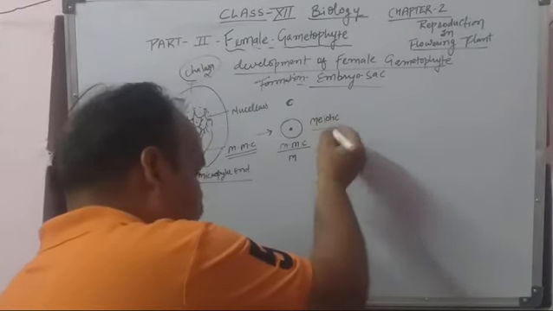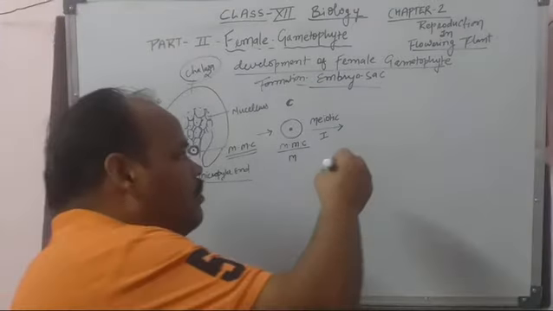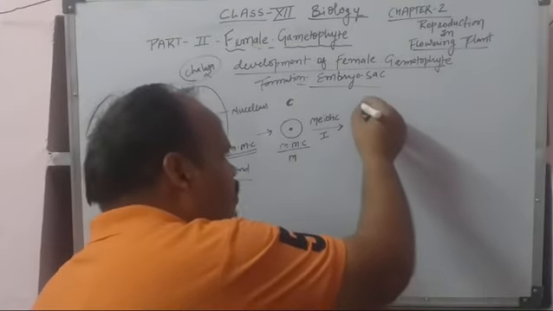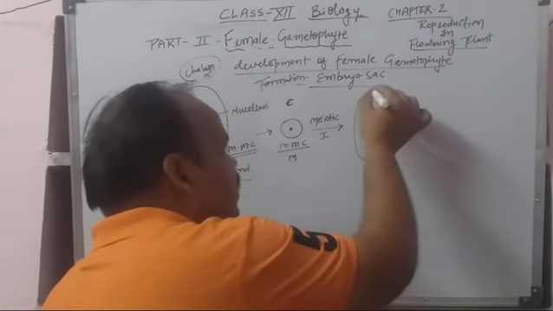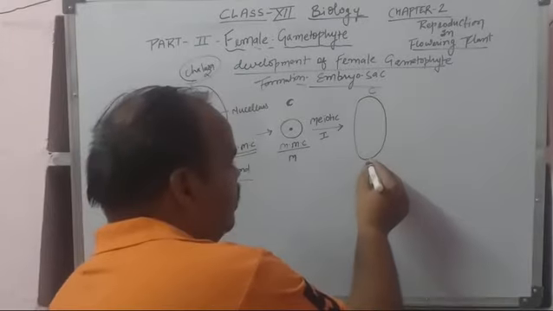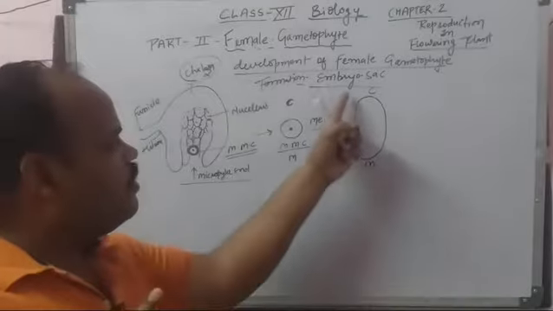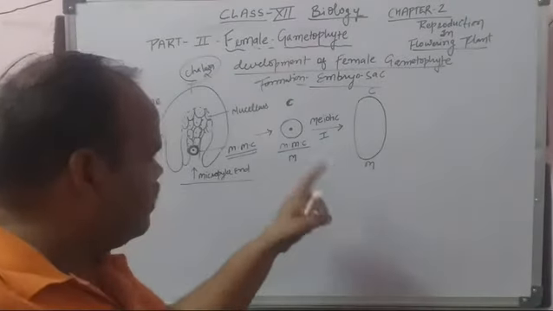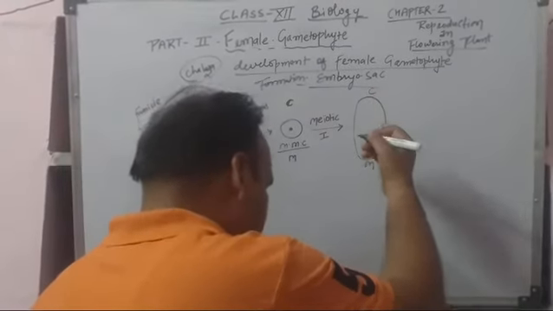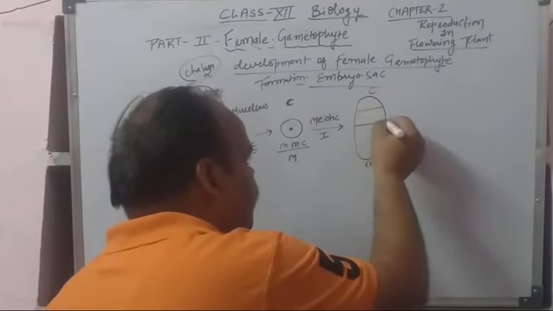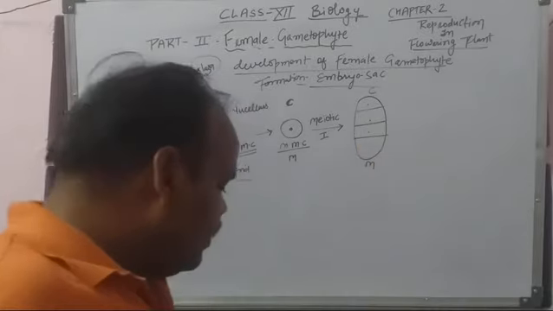It is the first division there. After the meiotic division, it will form 4 cells. First, there are the chalaza position and the micropyle. You see, the position will remain here. Now, this is the chalaza and this is the micropylar end, and there is the formation of 4 cells here: first, second, third, fourth.